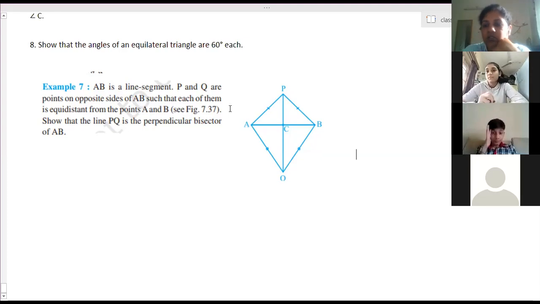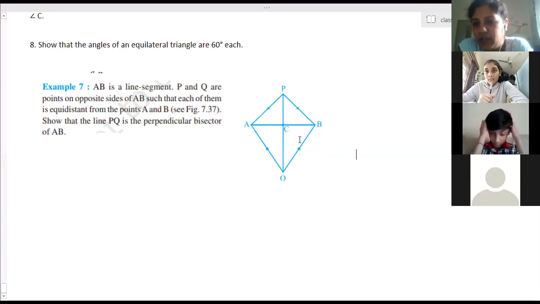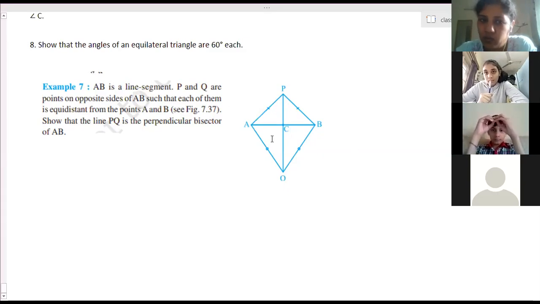So this is the property of a kite. APBQ is a kite. Why is it a kite? Because adjacent sides are equal. So in a kite, we have to prove that the diagonals are perpendicular to each other. So this question they can also ask you. Here they have given much more description, but in an exam, they can ask you, prove that the diagonals of a kite are perpendicular. So that question can be asked, both are the same.